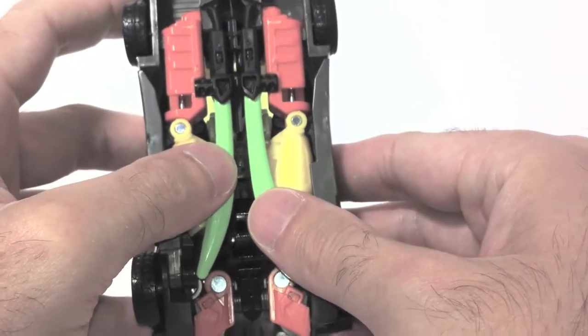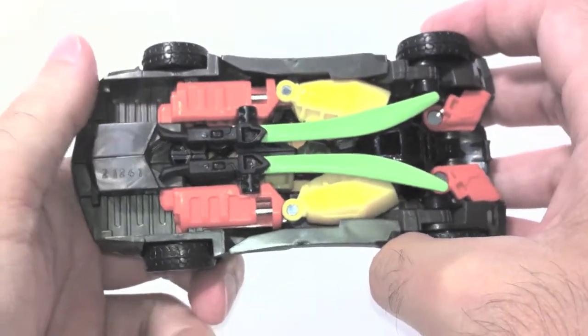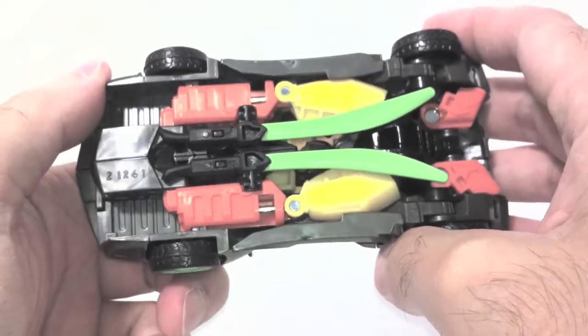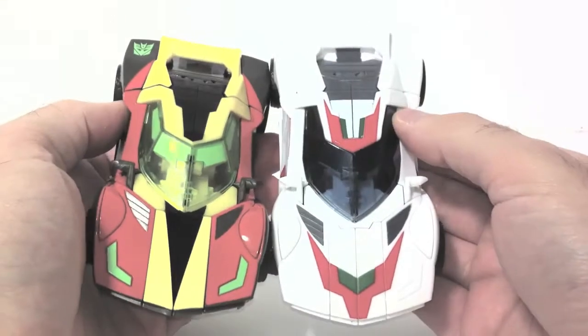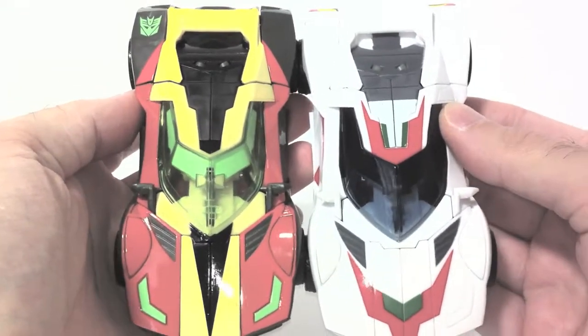And, you know, the thing that I like about the weapons on this guy is it kind of looks like lightsabers. I mean, it's got that fluorescent look and the black handle, but again, we'll look at that more in robot mode. Now, to compare him directly with Wheeljack, what you see right here when I compare the two is, again, the mold is exactly the same,